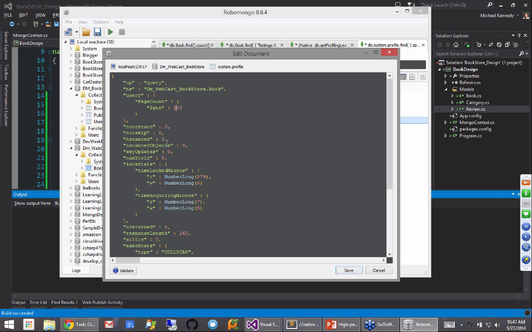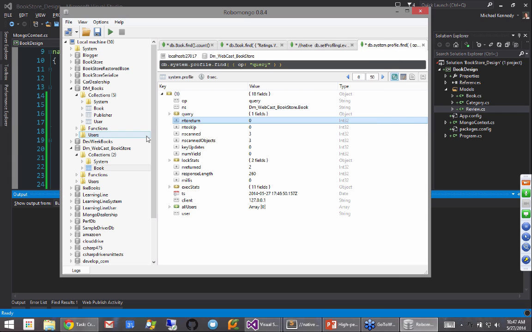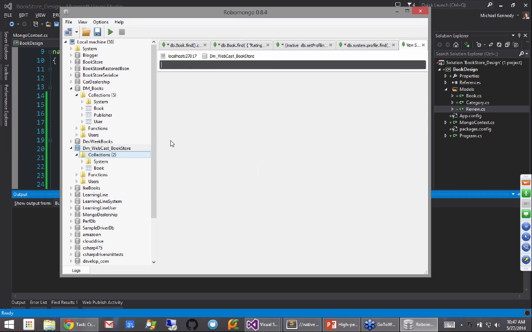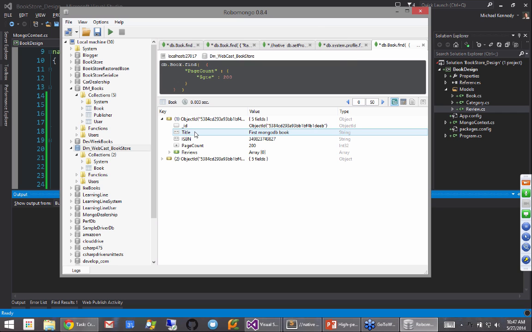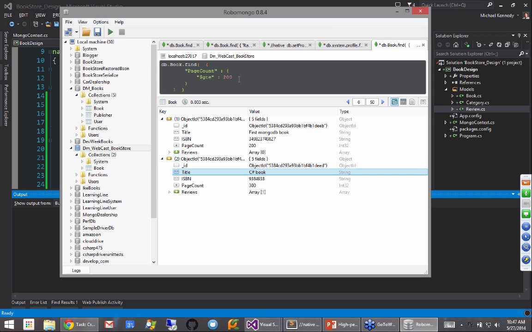That makes sense. Suppose I want to know whether or not this is using an index. So I can copy the query, or I could retype it in, but it's safer to be exactly the same by copying it. So I can copy this and come over here and say open shell. I could say db.book.find, and then in here just paste that. So let's see what we find. There's our 2 books, right? First the Mongo book and the C# book. But this is just running the query. What I want to know is, did that use an index? What's the query plan? All that sort of stuff. So I can say explain.